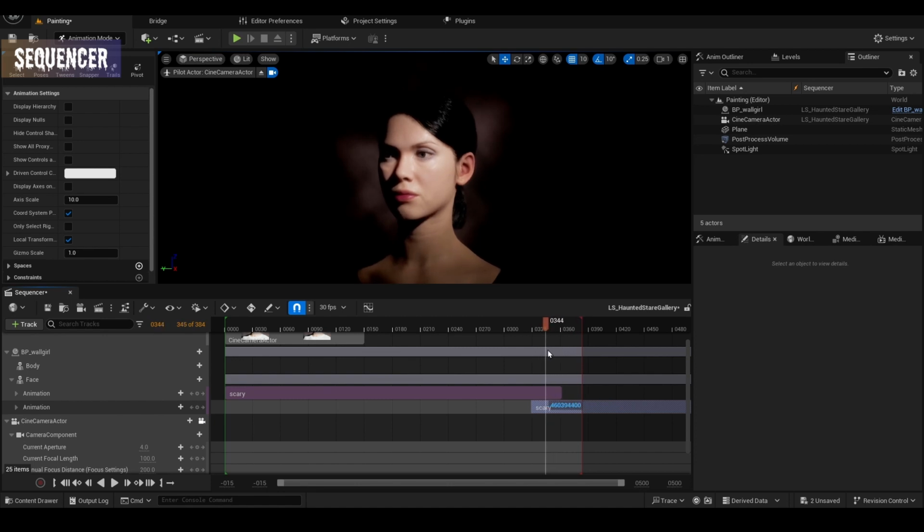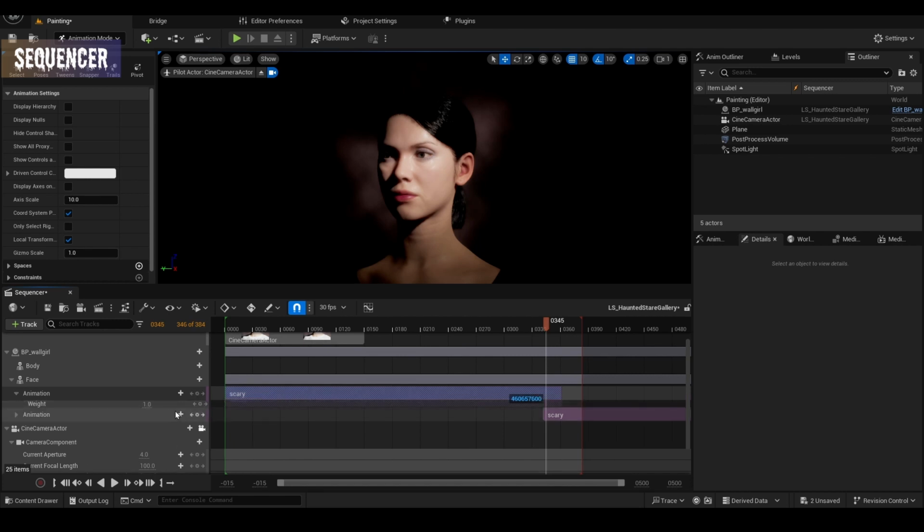But as you can see, it's a little bit different at the first frame. So I want it to be smooth here. Don't worry, it's not difficult. So I'm gonna key, no, yeah, and I'm gonna open the weight here, and then we